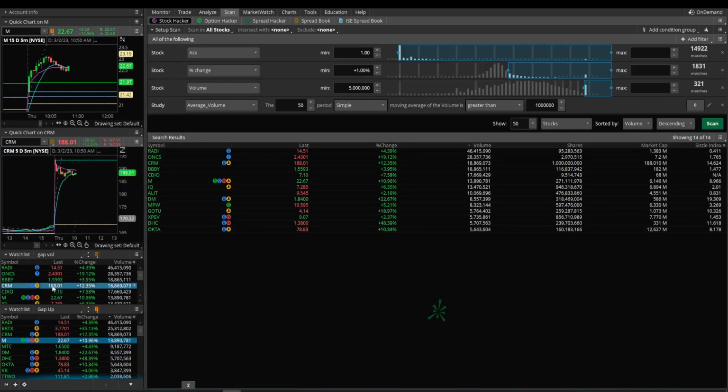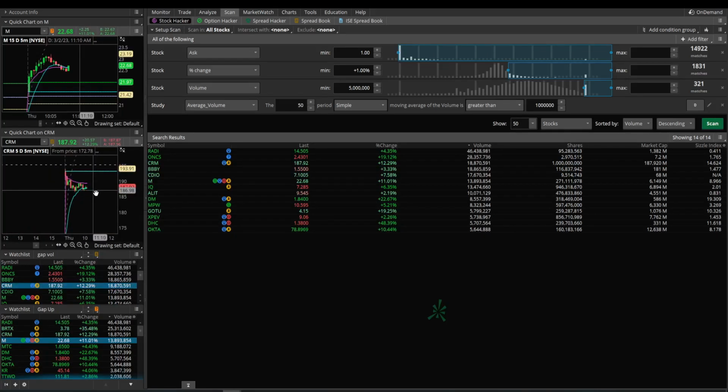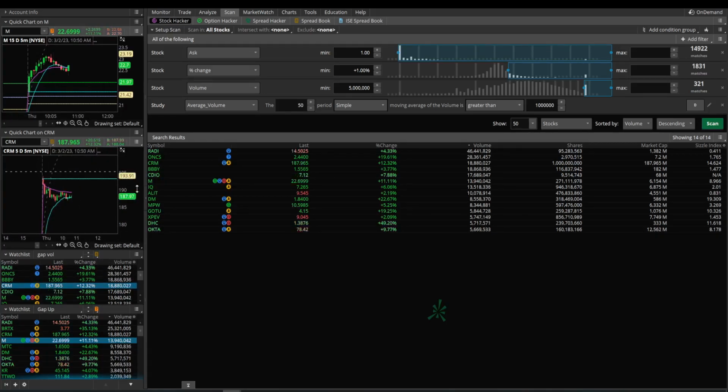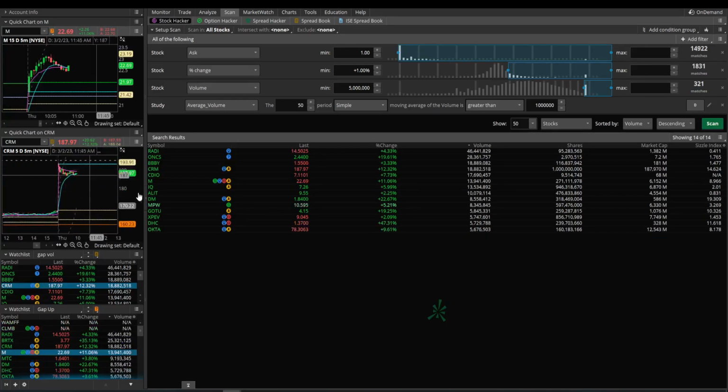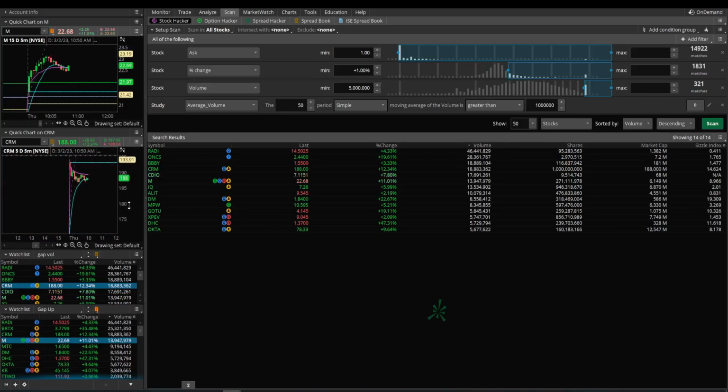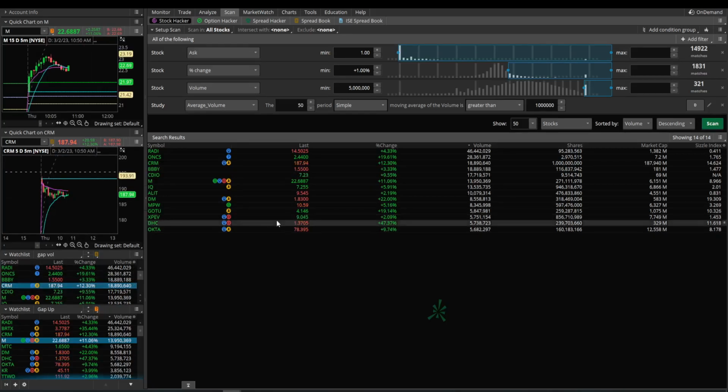But here you see CRM. CRM is Salesforce. As you can tell, it is a much larger priced stock than the other ones. So usually if you have a more expensive stock standing out here in the list, you're definitely going to want to watch that, especially if it's up here towards the top of the volume. I mean, as you can see, this is looking pretty garbage. It's just had a massive gap up, and it's just kind of fading. But this is the most expensive stock on the list, and the most expensive stocks usually have pretty decent